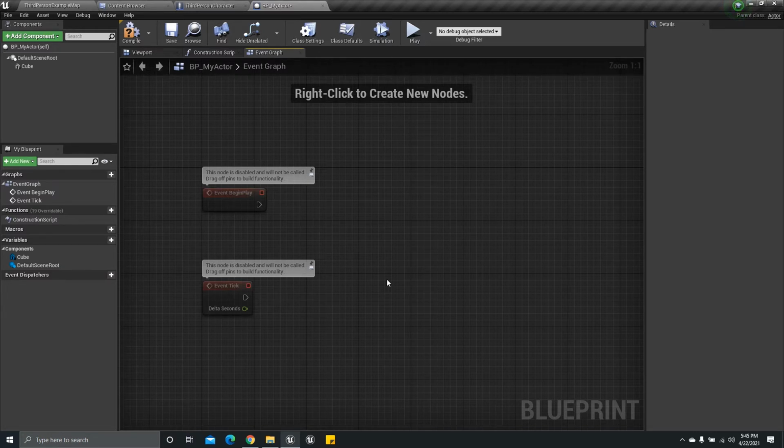What is Event Tick? We can say it's the exact opposite of Event Begin Play. Event Begin Play executes only a single time at the very start of play, and Event Tick executes continuously until the game is terminated or exited.